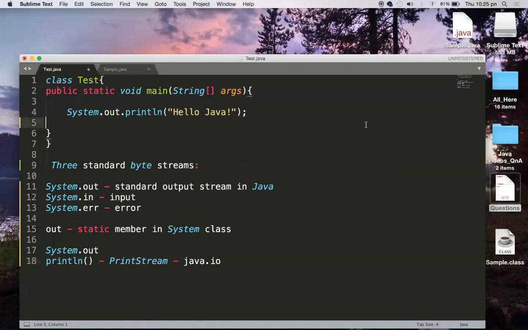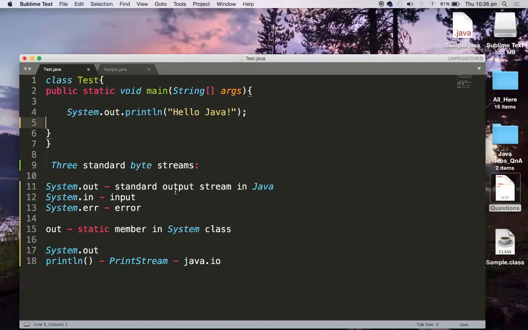Now how we have to understand it: System.out is a standard output stream, which will be attached to console output devices. If we want to write or print anything to console devices, we require some method, a print method or println method.